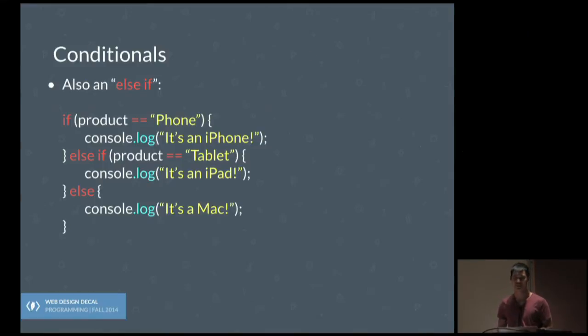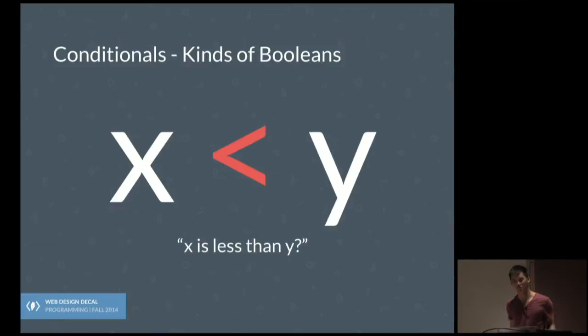All right, cool. So now we're going to talk about different kinds of Booleans. I said in the beginning a Boolean is a true or false value, but you can also think of them as things that evaluate to true and false, or questions that can be answered with true or false. So here's a really simple one. If you have a Boolean expression x < y, you can think of this as: is x less than y? If it is, then that's true. If it's not, false.